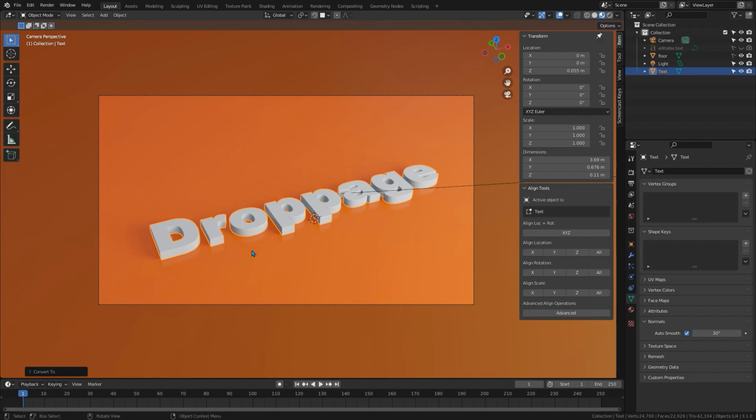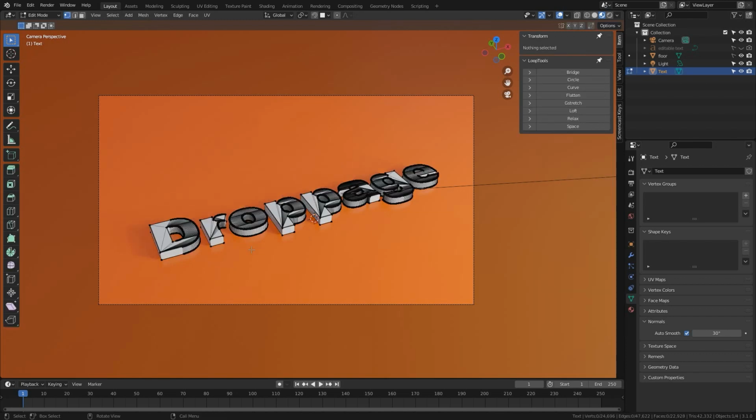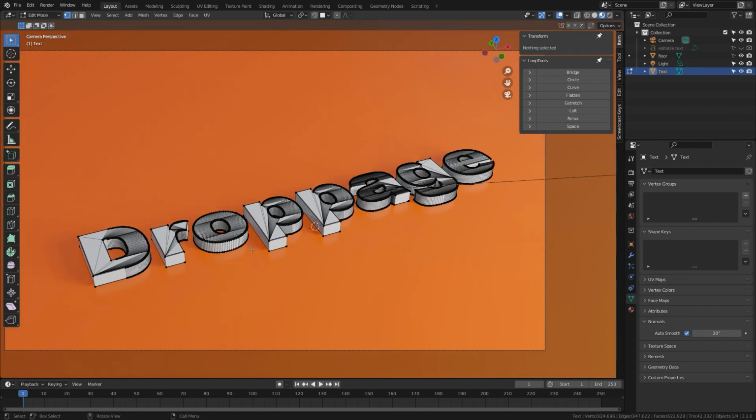With our settings it's close enough to the final look without having to watch Cycles refine the render every time I make a small change. Now if I tab into Edit mode we can see this awful topology. It's best not to look at it too long, so while we're there let's fix one of the issues with